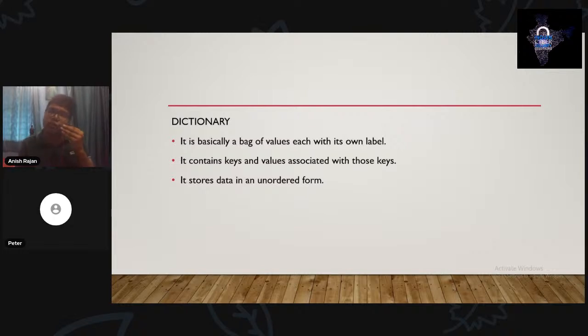We use it to search for the meaning of words. Okay. So likewise, in this data structure, the dictionary, what we basically do is that we have key and value pairs. For example, in this dictionary data structure, we store a particular key, a particular item, and it has its own values.